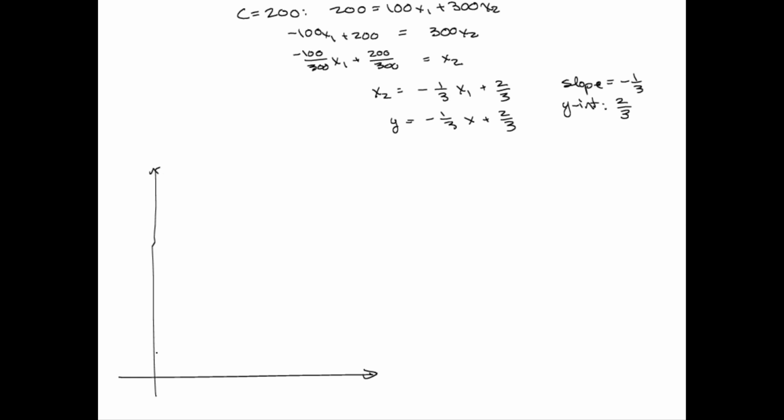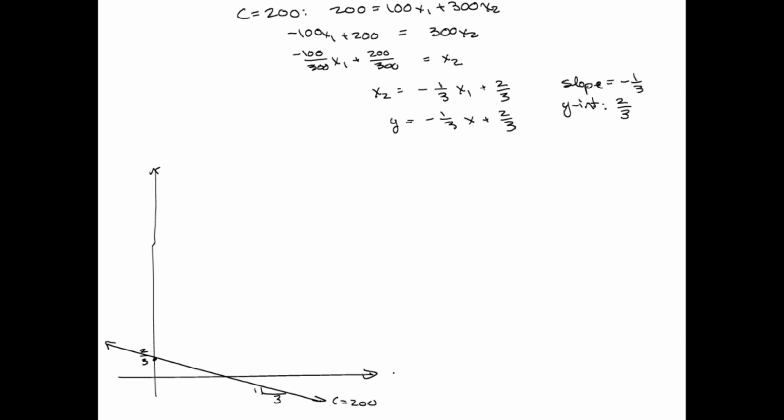Okay, so let's suppose this is our 2/3. Our slope is negative, so that means we go downhill as we go from left to right. Our vertical change is 1 compared to a horizontal change of 3. So our slope's going to be more or less like this. This is when C is